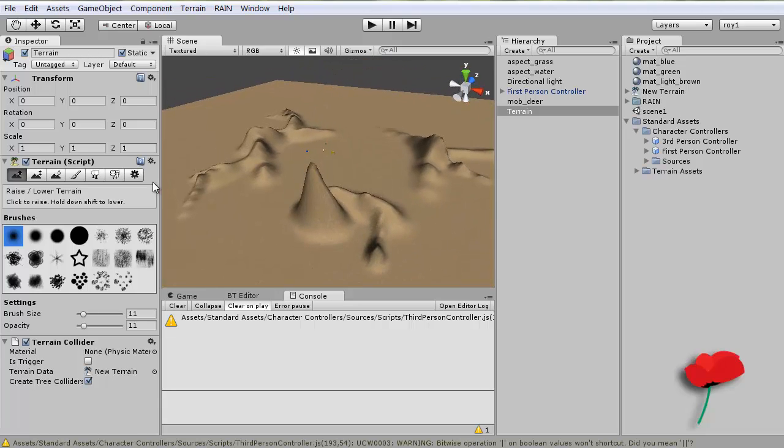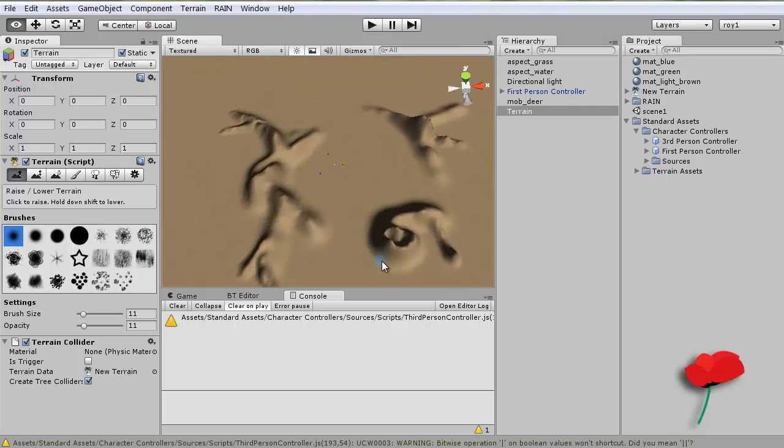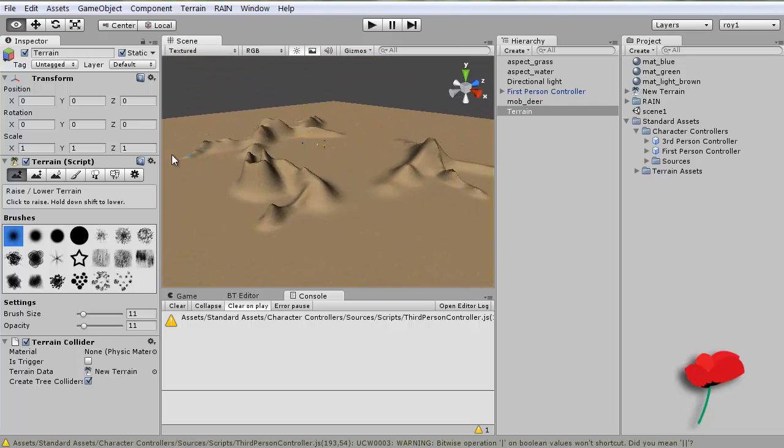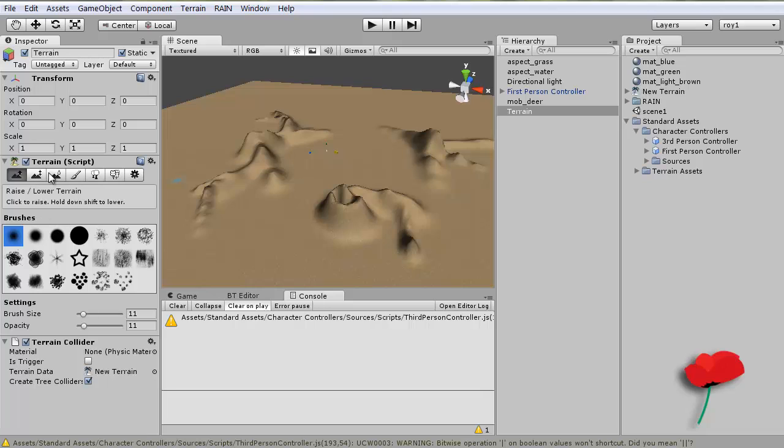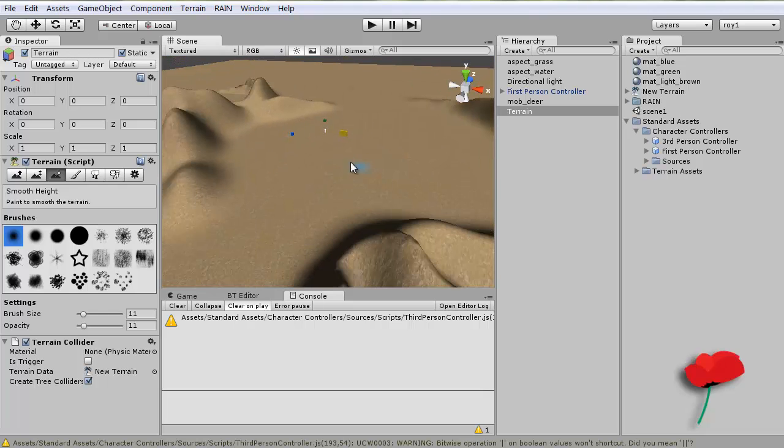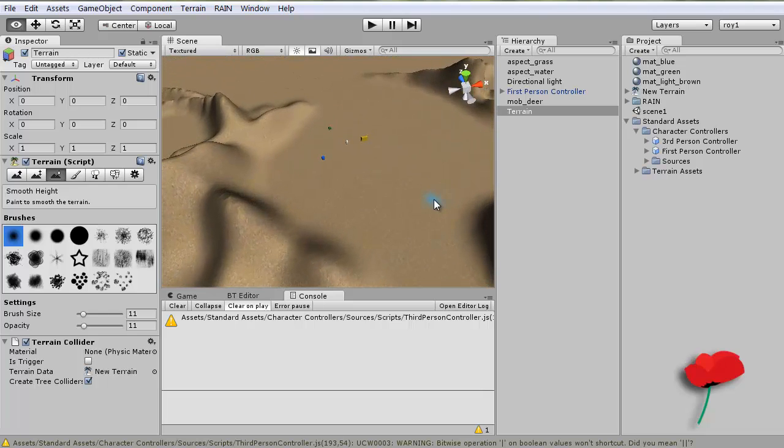Right, with the exception of this one, which I'm going to press Shift on, and it makes it into a volcano, really. Leave that as it is, I guess. Just do some smoothing on it. To create the cliff, so the sharper edges, I'm going to get this one quite small